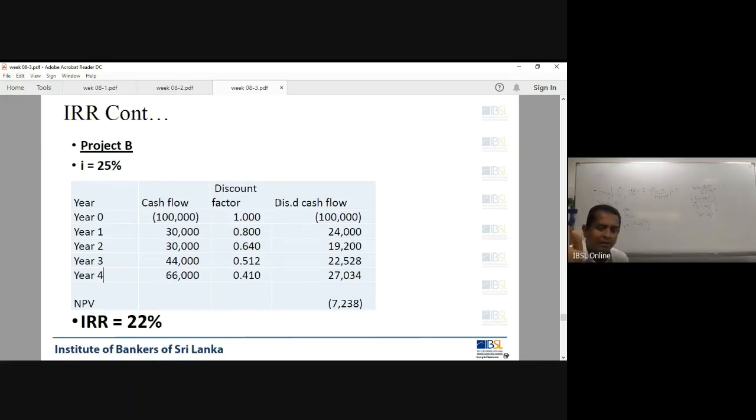I would take another few minutes to finish this, but I don't want to finish it now, because the last part stretched a little bit. So I will do the IRR again next week, but before that, you have to do the calculation and come to the class, right? Any question you want to ask me?